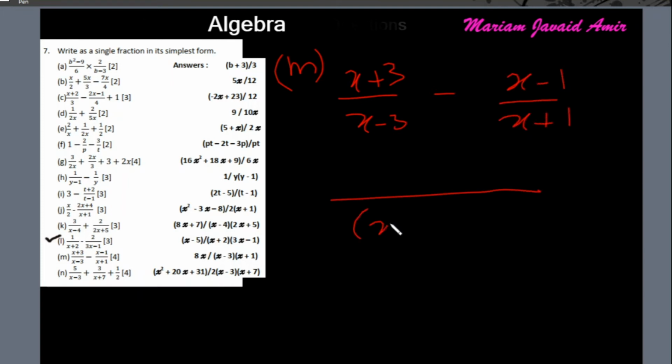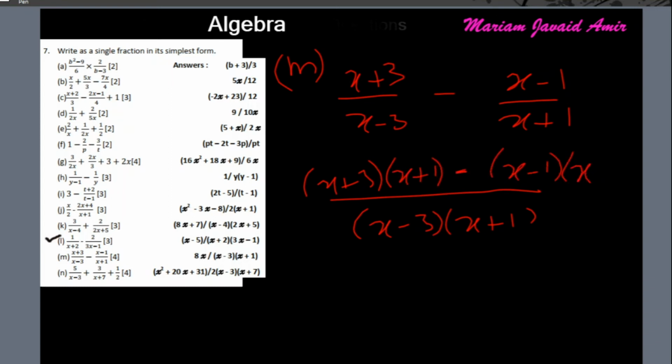So the LCM is x minus 3, x plus 1. x plus 3 gets multiplied to x plus 1, and with the minus sign, x minus 1 gets multiplied with x minus 3. It's better to put big brackets around here so that there are fewer chances of making mistakes. So open the first two brackets, it becomes, I'll directly write the answer. I'm honestly tired. So x square plus 3x plus x will become plus 4x plus 3 minus big brackets,